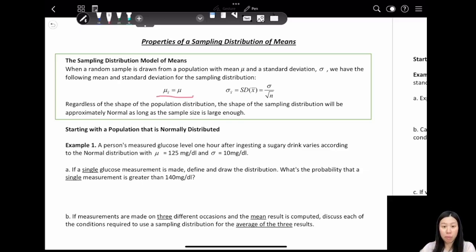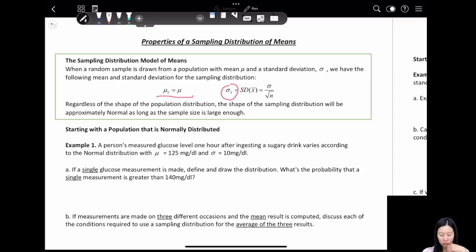The parent population mean is going to equal the sampling distribution mean. And the sampling distribution sigma is going to equal sigma over the square root of the sample size. If you remember from the last classes, the simulation, the parent population is spread out more, whereas the sampling distribution also follows a normal distribution, but it seems more narrow, not spread out, because we use the standard deviation divided by the square root of